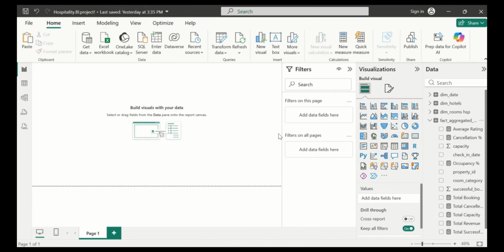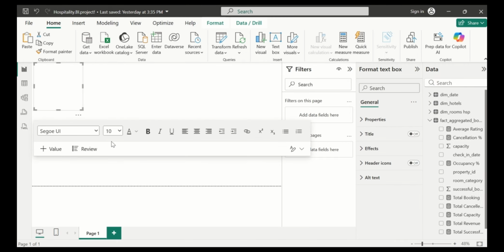So the next step is now to build the dashboard. So let's start building the dashboard. So start with the title. So I'll click on text box. Then you will increase the font to 28, and then we'll start with the dashboard. So we are going to name our title Atlic Grants analysis,